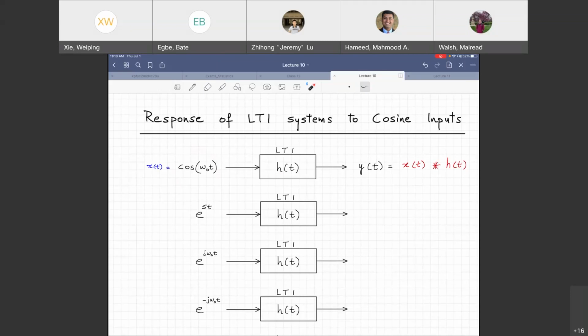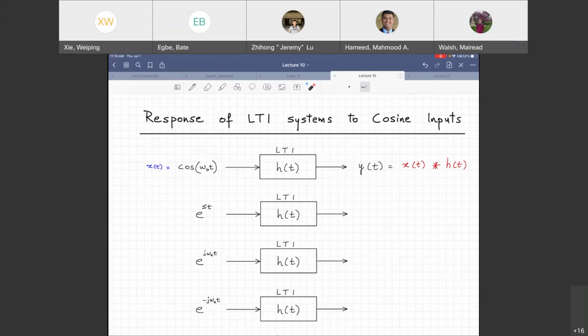Right. So cosine is periodic. However, you would have to evaluate that across any h of t. I don't know h of t, right? So it could be periodic again, or it could be aperiodic. It could be a triangle, square. It depends on the system. But I would have to do this convolution operation, which may not be straightforward. Do a continuous time convolution.